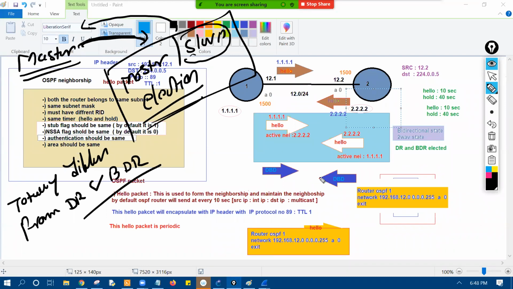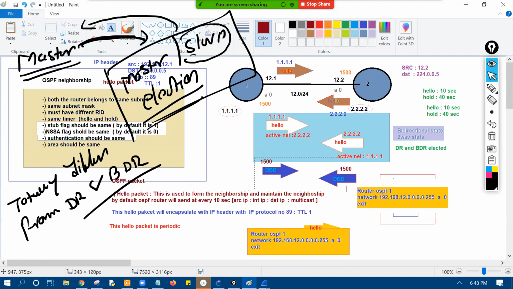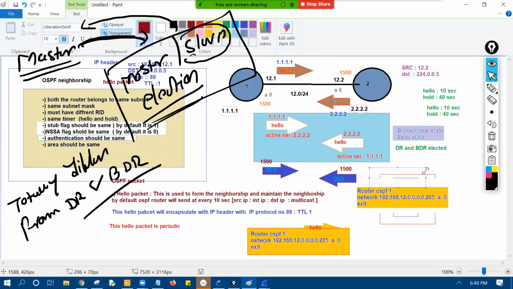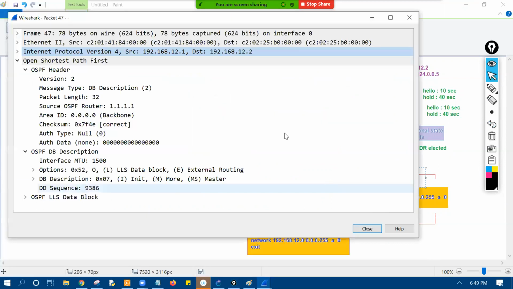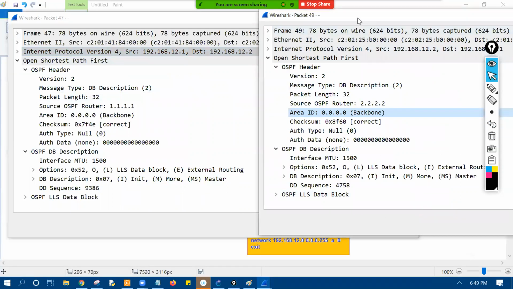So in this case, in the DBD packet, I check the MTU field. The MTU of this router is 1500, and this one is also 1500. If the MTU is the same, then I make a master and slave election. This is the initial DBD packet. Initial means this is the first DBD packet, which represents that we are moving into the adjacency state. If you see the first two DBD packets from R1 and R2, at the starting time,